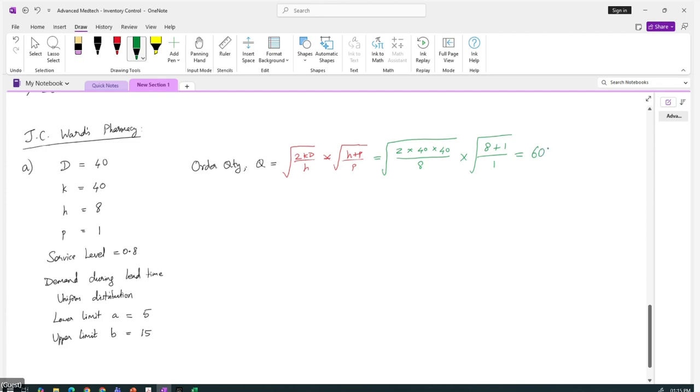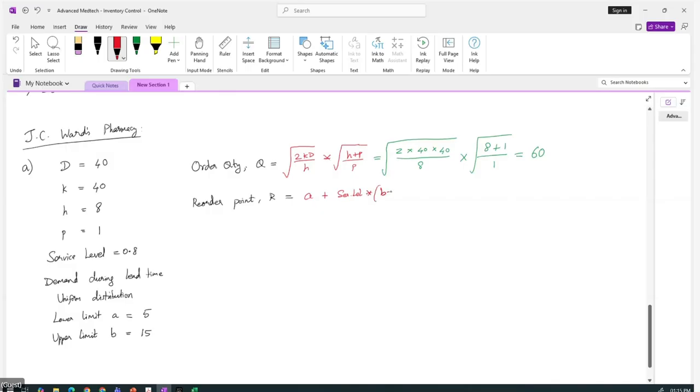So 60 would be your optimal order quantity. Then the reorder point R. For a uniform distribution, the reorder point R will be A plus the required service level